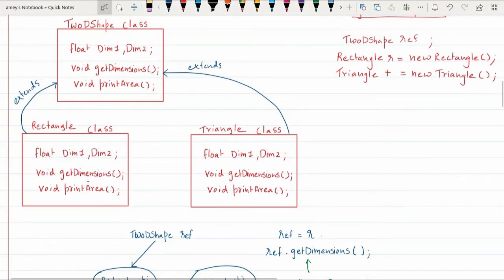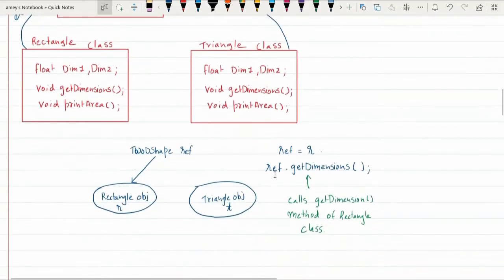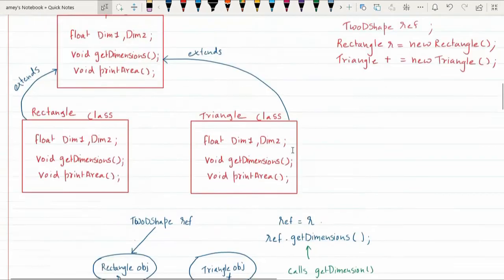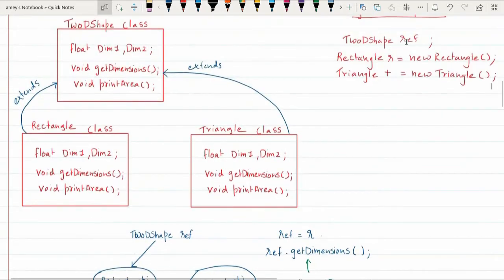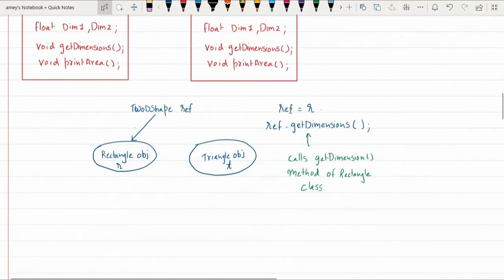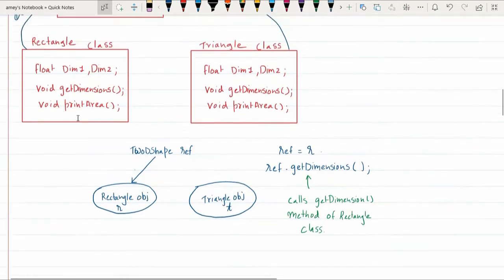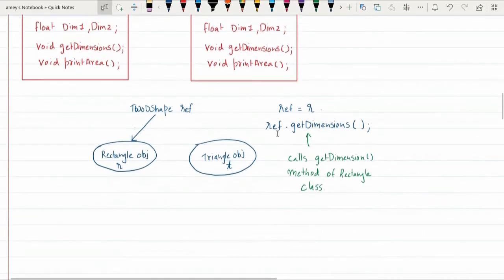The decision making here is dynamic. It sees that ref, a reference variable of the base class, is currently pointing to object r, which is of the rectangle class. Obviously, when you call the get dimensions method, it calls the get dimension method of the rectangle class.